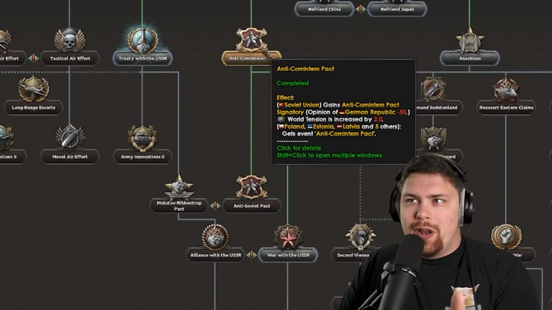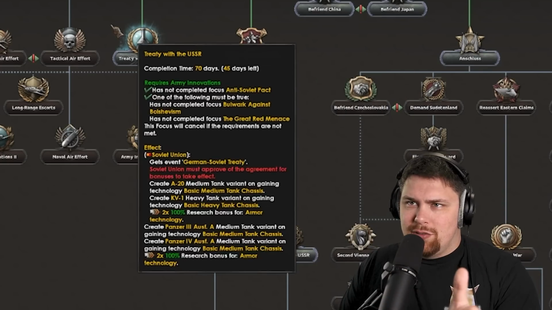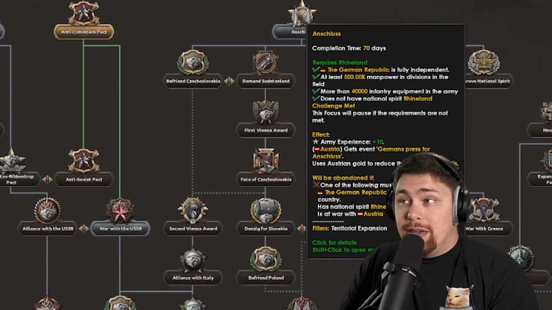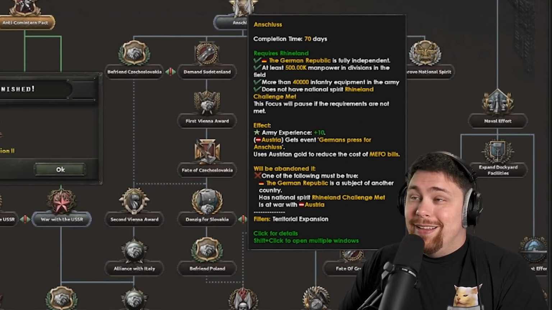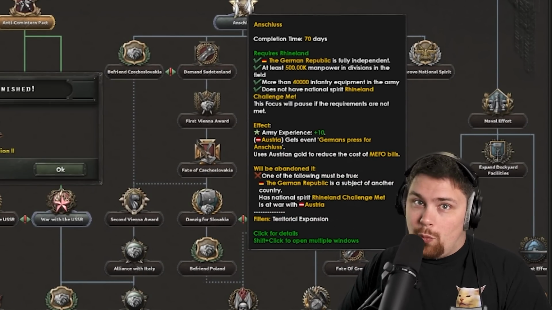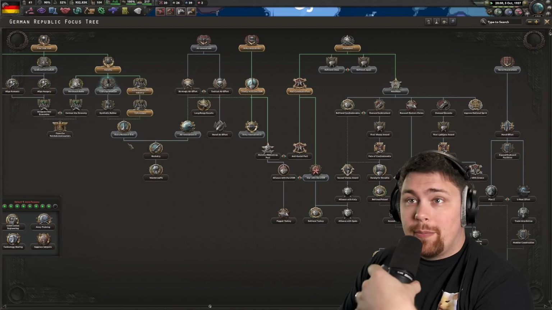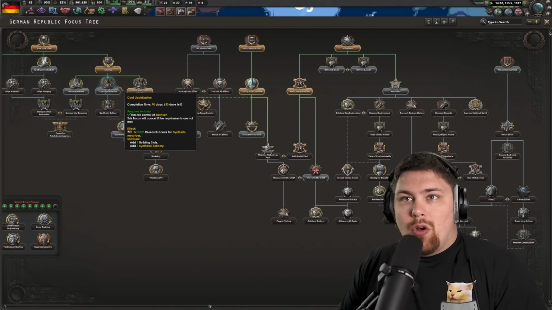So I think they just went for this anti-Comintern pact because their historical focus tells them that they don't need to go this far before they do Anschluss, but now they can do Anschluss. So I don't know, man. The AI is being weird, and I assume it's going to get even more weird. And despite being able to do the Anschluss, they're just going down their economic path, going for that sweet coal